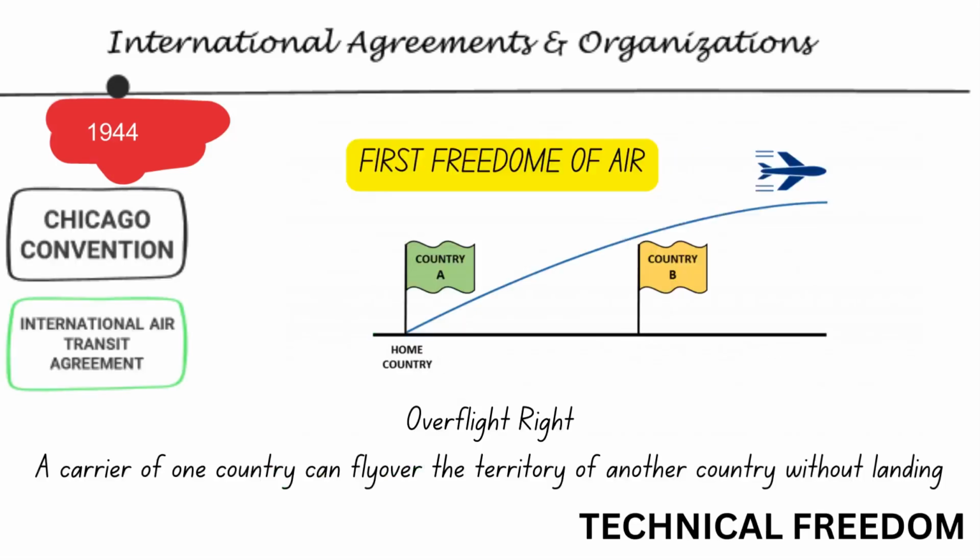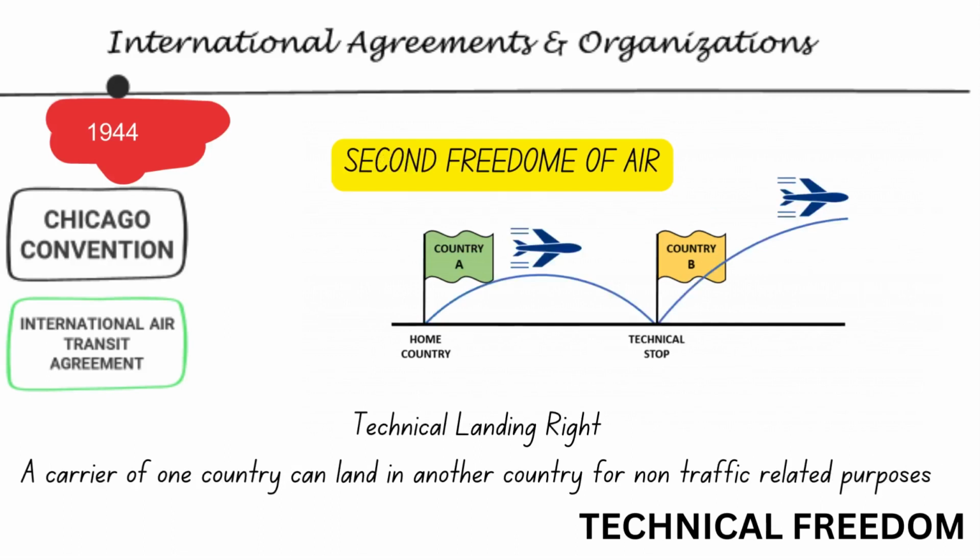Alongside the convention, two key agreements are signed: the International Air Services Transit Agreement and the International Air Transport Agreement. The Chicago Convention accomplished the air transit agreement, which includes an agreement by the signatories to grant each other two of the so-called 5 freedoms of air transport: first, freedom of peaceful transit; second, freedom of non-traffic stop to refuel, repair,